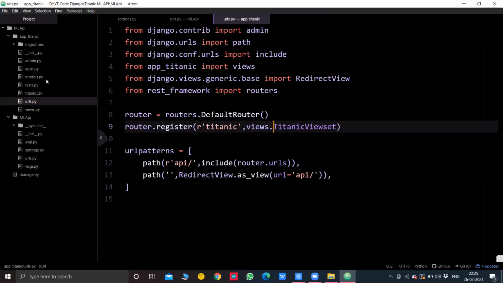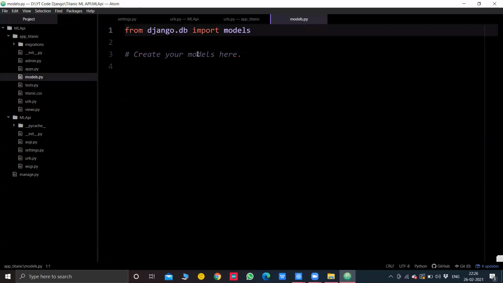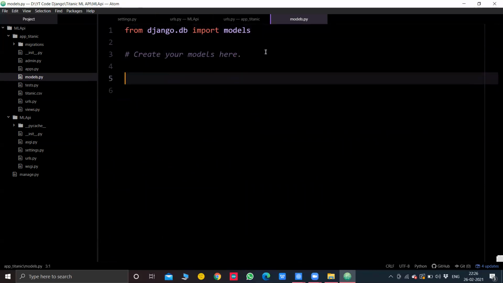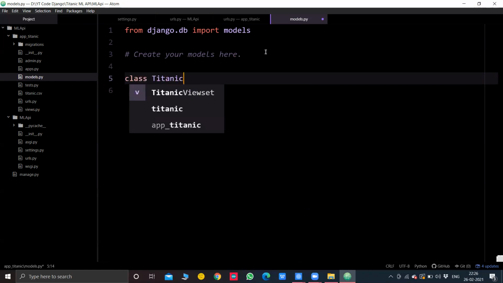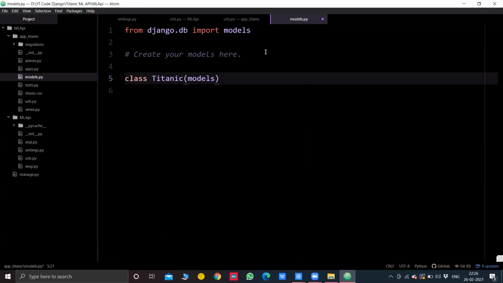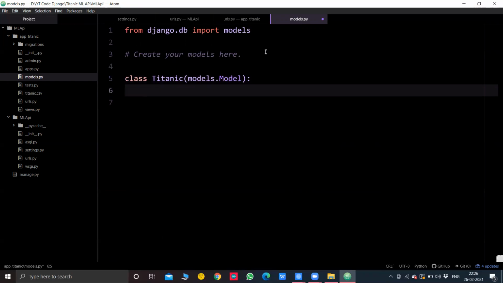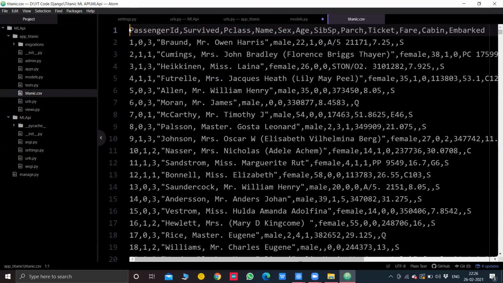So inside our models.py, I'll create one class, and I'll name the class Titanic only. I don't want different names to be handled now. So I'll mention models.Model, and now inside this, first, passenger ID is there, right?